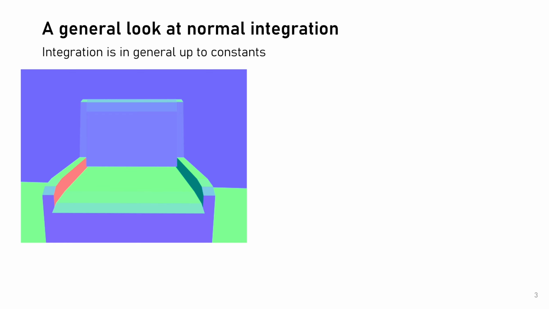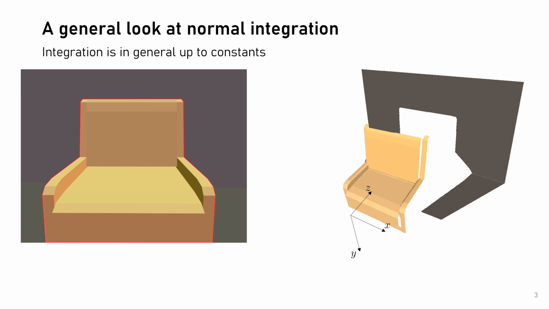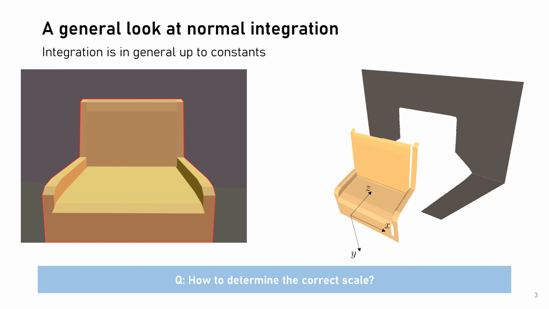As the name suggests, recovering depth from surface normals is essentially an integration problem, and as such, it is in general up to constants. Consider for instance the example on the left side. The chair and the wall can be separately reconstructed. However, the exact distance of the chair from the wall, that is the depth discontinuity, cannot be estimated since infinitely many solutions exist. In order to determine the correct scale,